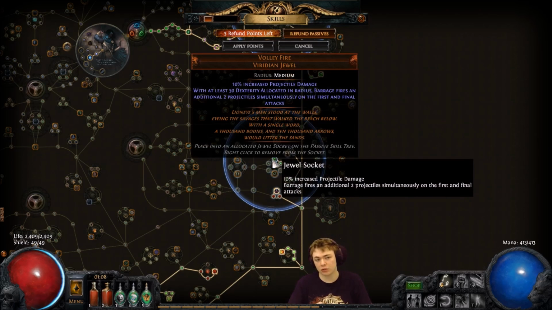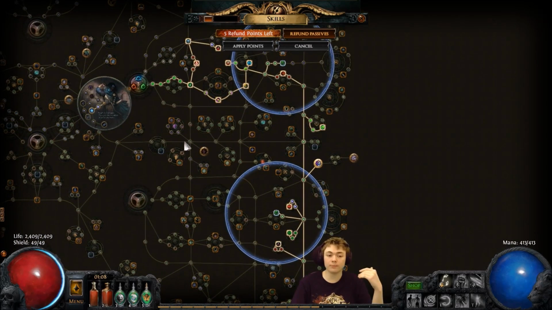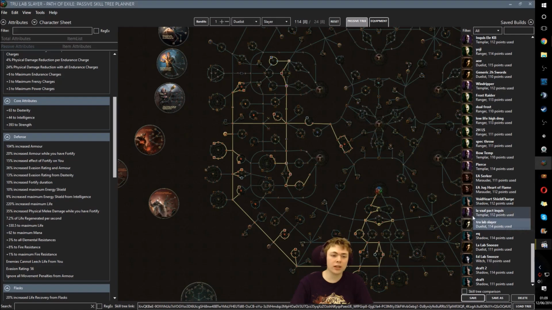But the damage increase is huge because you get the additional 2 projectiles on the first and the final attack. So this gives me 4 projectiles, this gives me 4 projectiles. We have 4 projectiles base, that's 12 projectiles. That all stacks up poisons. We poison a lot. So we'll show you quickly the tree, and then I'm just going to jump over and